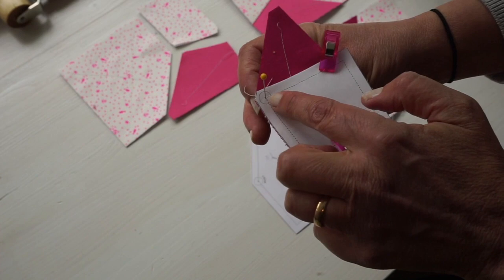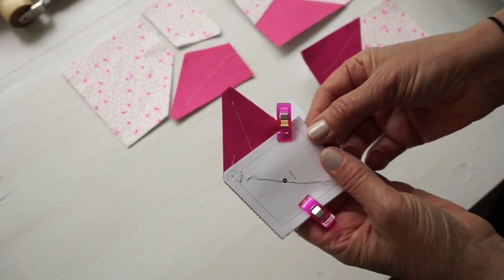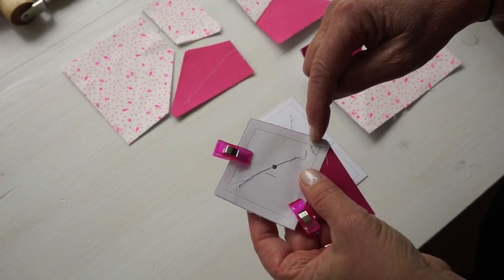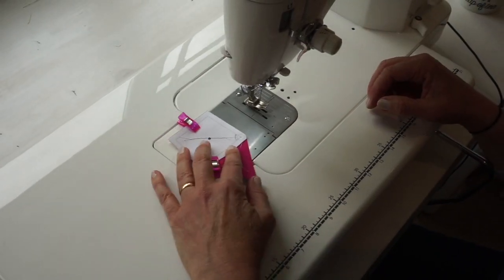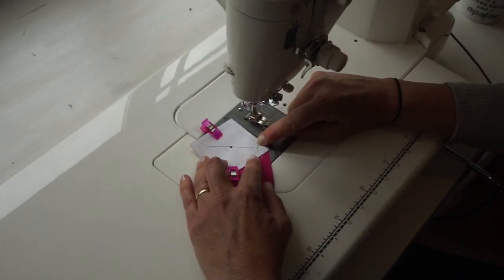That point there, we do not go in the seam allowance. So now that it's clipped together, I can take it to my machine. I'm going to start here, as I mentioned, go into this Y seam point, turn it around, and do the rest. Okay, so I'm taking my template over to the machine. I'm going to start about a half an inch or 3/8 of an inch away,